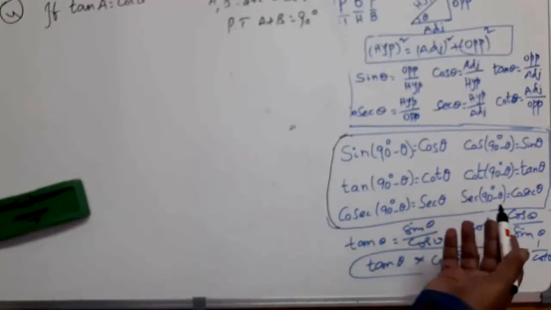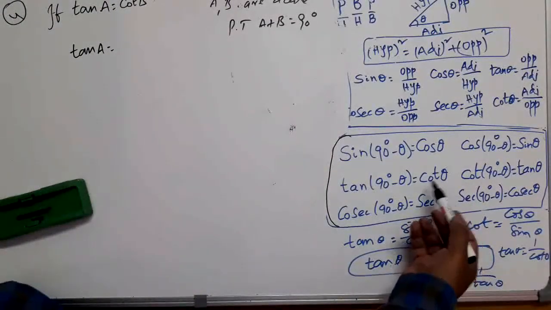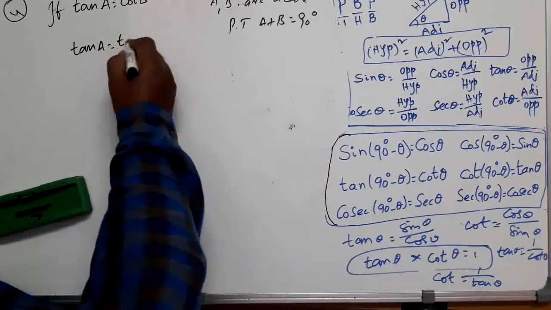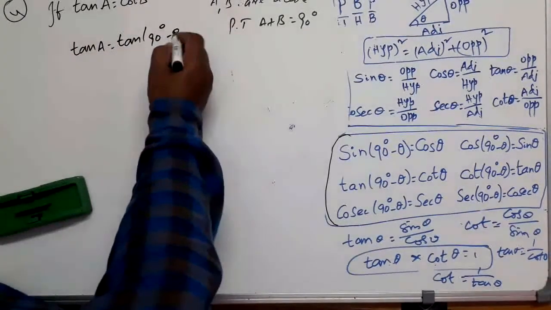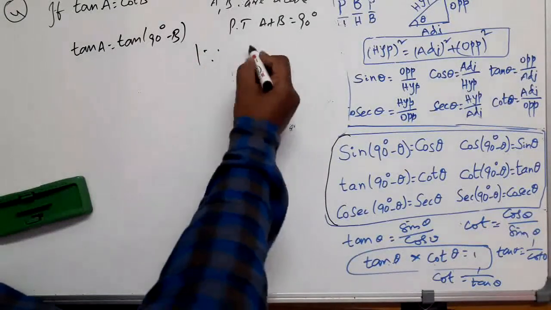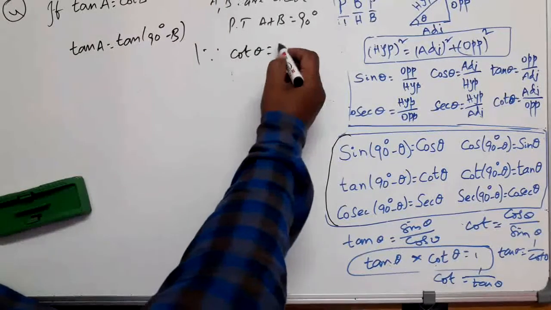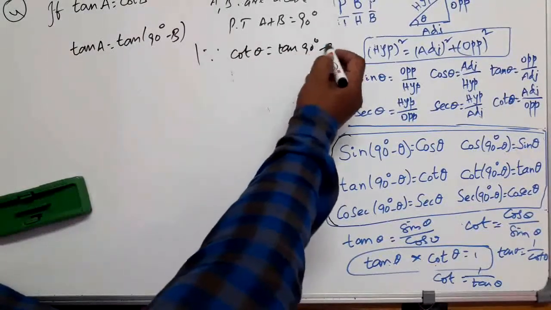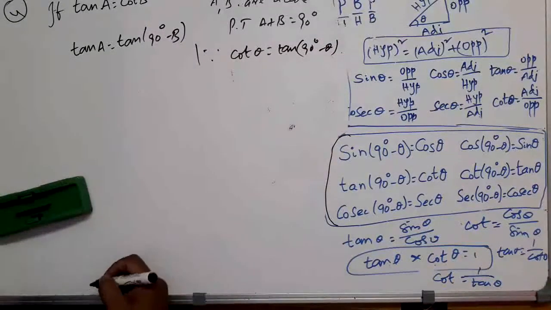Yes. How shall we proceed? Yeah, same. Tan is there, cot is there. We have relations. Tan 90 degrees minus theta can be written as cot theta. Cot 90 degrees minus theta is tan theta, of course. Let us convert one of these two terms. Let us leave the left hand side part as it is. Let us convert this, cot B. Cot theta can be replaced by tan of 90 degrees minus theta. So this can be written as tan 90 degrees minus B using this formula, right? Because how have I written? Cot theta can be written as tan 90 degrees minus theta. I have used this formula.